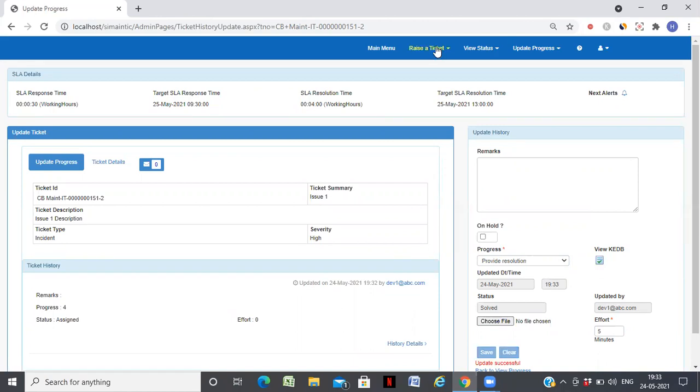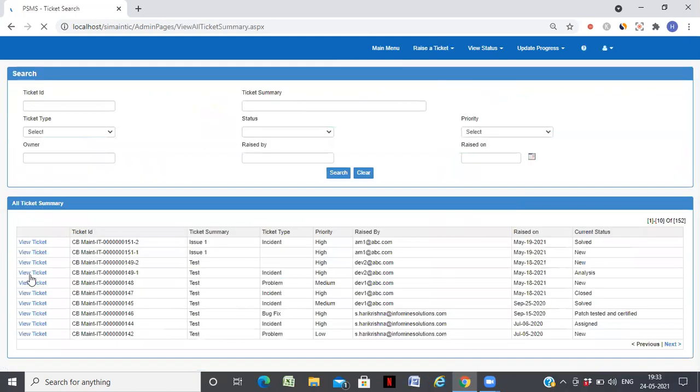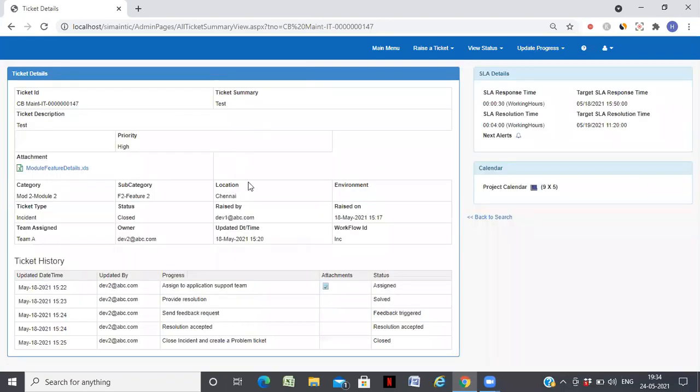Meanwhile, in the other menu, you can raise a ticket, view the status of my tickets, tickets assigned to me, and the all ticket summary. If you click this, you can see all tickets, what the status is and so on. For example, if you take this ticket, which is closed, you can see the history of what has happened for the complete closure. So you can see here the details of the ticket, and this is the history which has been taken for the closure. Right, and now I'll just move on quickly to the analytics.